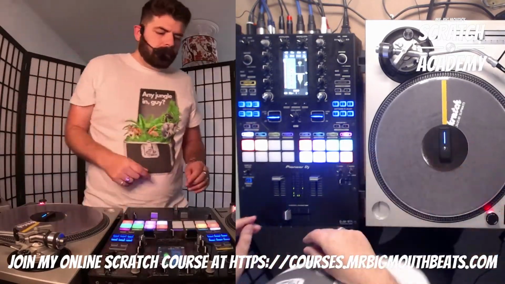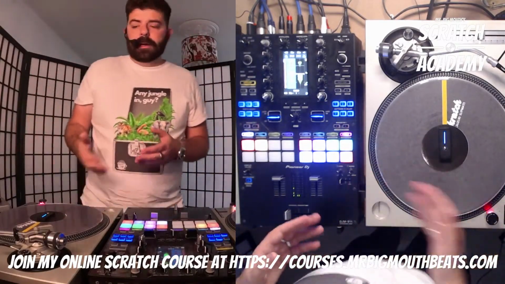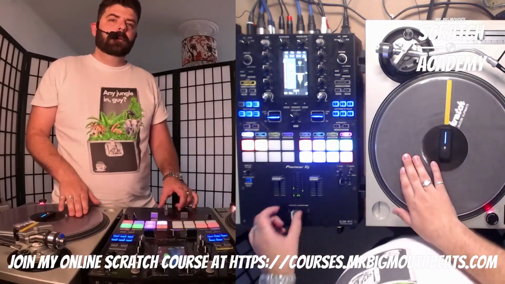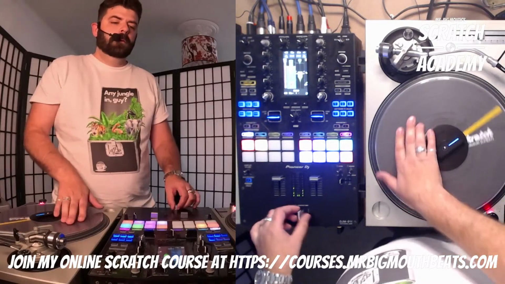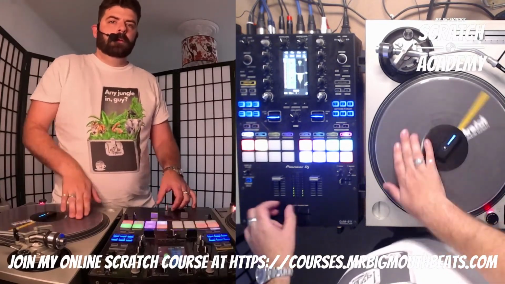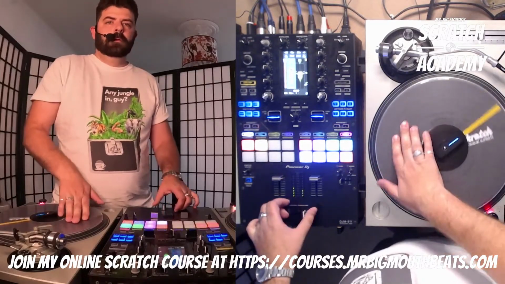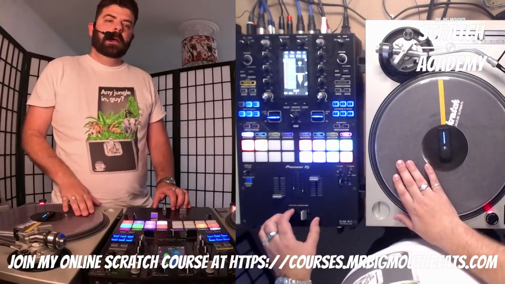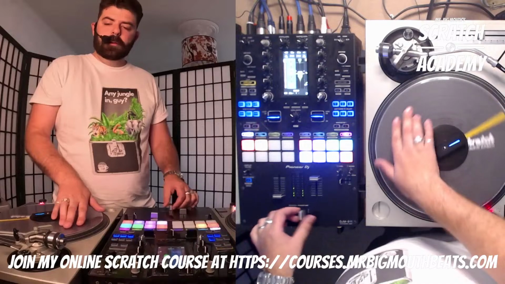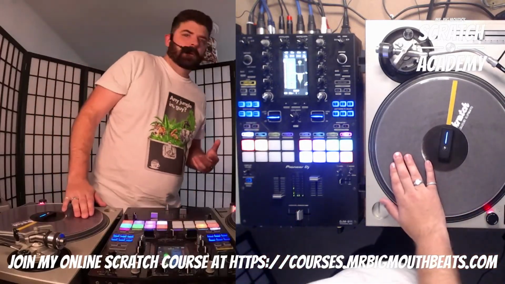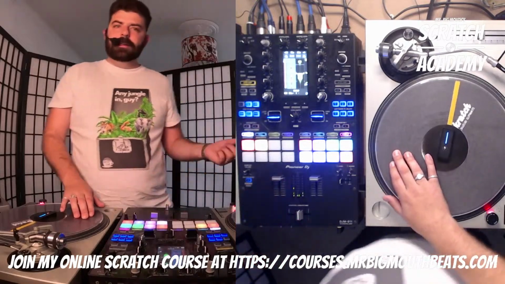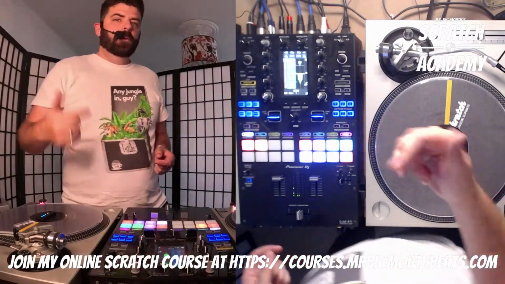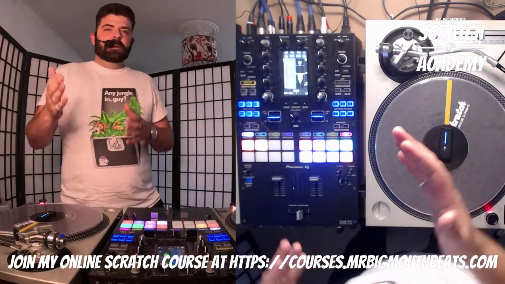So as an example, I'm doing the chirp flare, so it's a chirp followed by a 1-click flare, right? It's a 6-note pattern because there's 2 notes in the chirp and 4 notes in the 1-click flare. So you've got 6 notes to play with. Now, most tracks, like this one, are split into divisions of 4. So here you've got 1, 2, 3, 4, 1, 2, 3, 4,